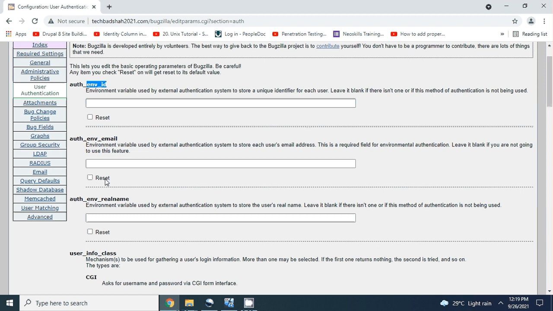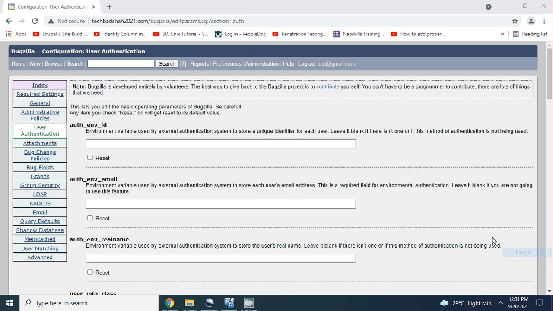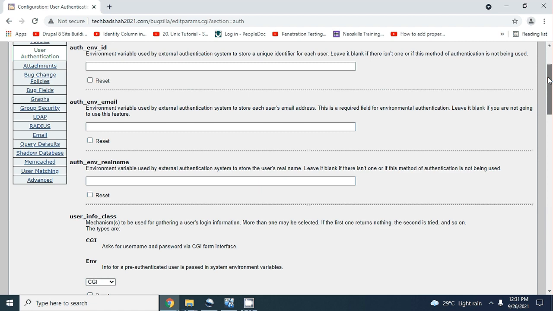However, we are not going to go through all these settings because these require a high level of understanding of the integration. Here in this section, we are not going through each and every option.